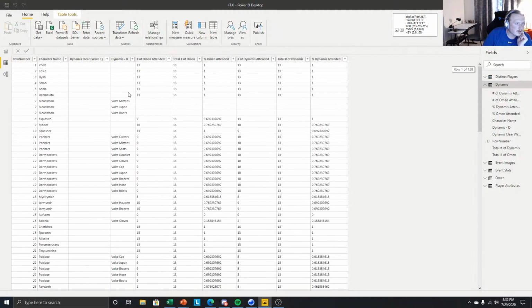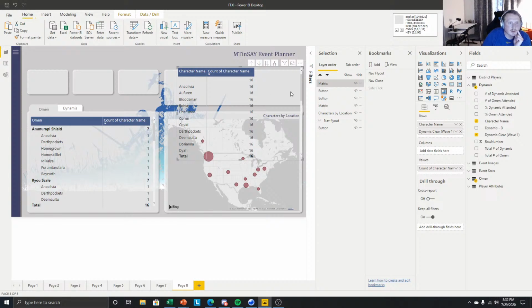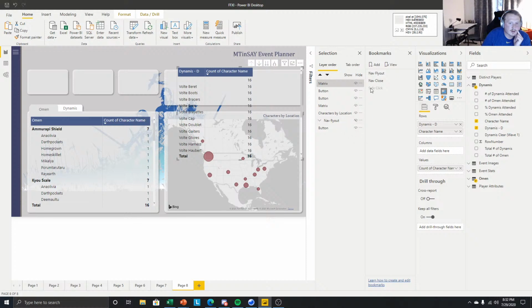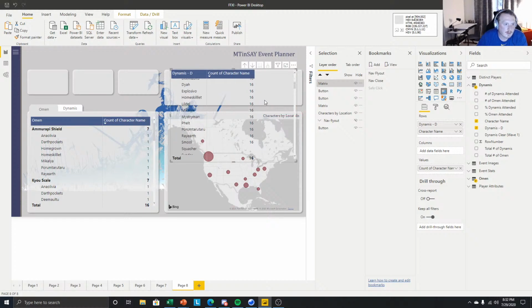Okay. This one's a little bit odd because it's not the same kind of setup. It's like there's items, but there's also clears that people want to see. So I'm going to turn off clear and focus on the item. What do they call it in this case? I think it's this one. And we'll switch it up. We'll drill down. And in this case, a lot of people have blank. So we'll do,